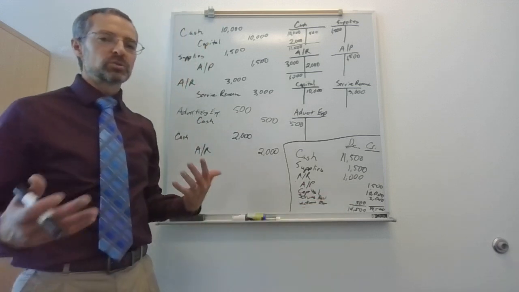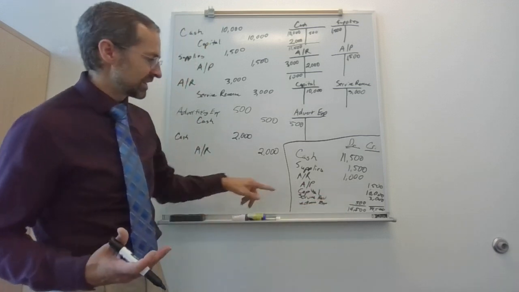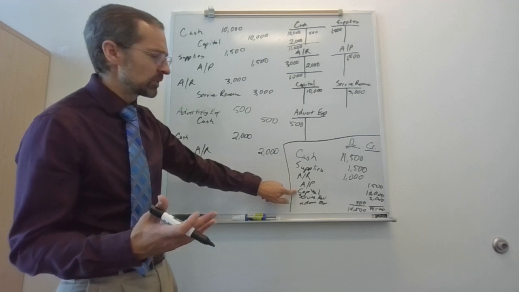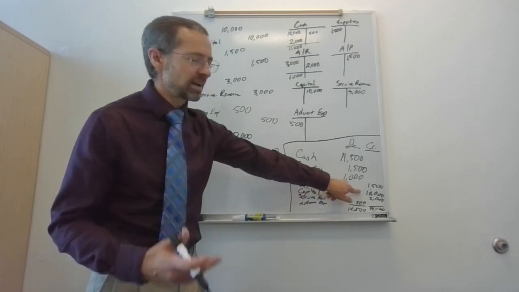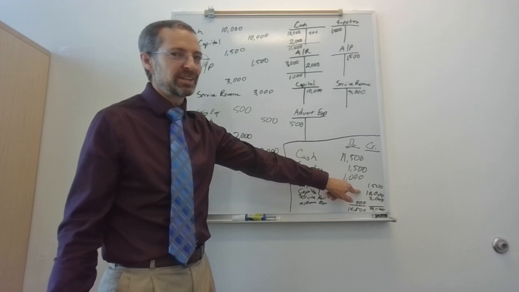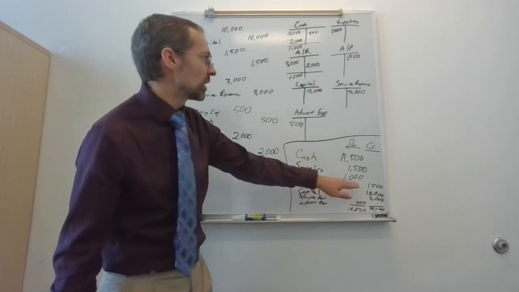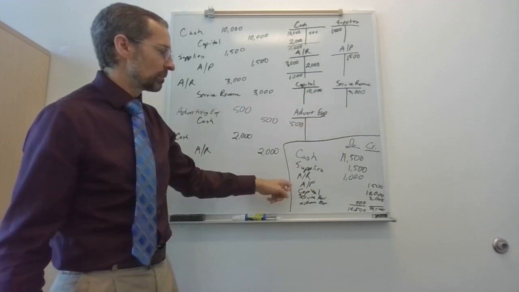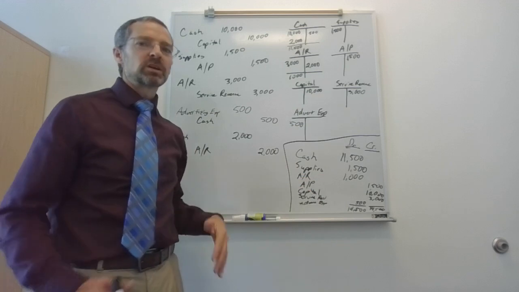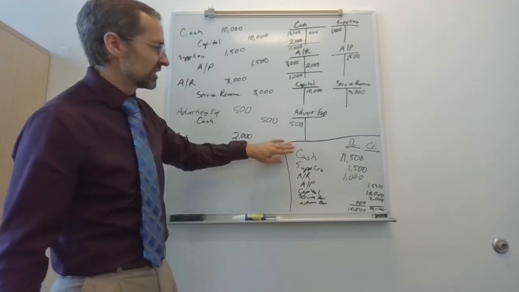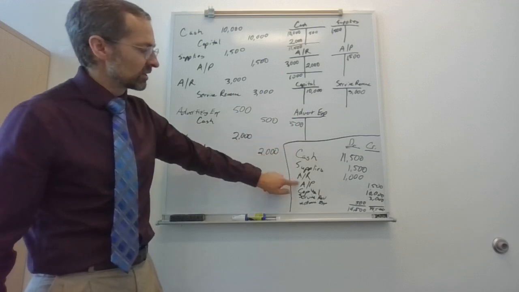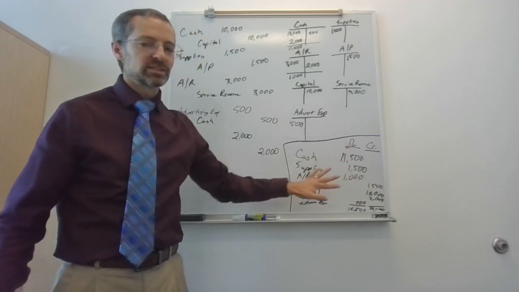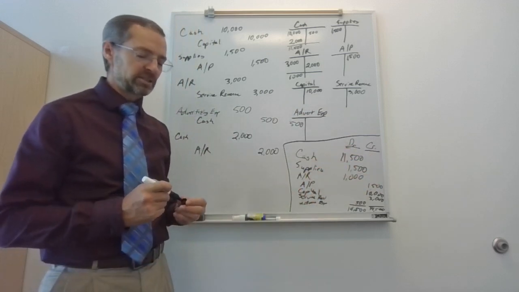Then we're going to go to the statement of owner's equity and say, okay, here's our capital. Thing with the statement of owner's equity is the capital account shows us a balance, but the statement of owner's equity needs details. So we'll probably need to go to the ledger to see all the details. But once we get that one done, then we can move on to the balance sheet, and that lists all of our assets and our liabilities and our owner's equity. So we can use the trial balance to help us prepare the financial statements.